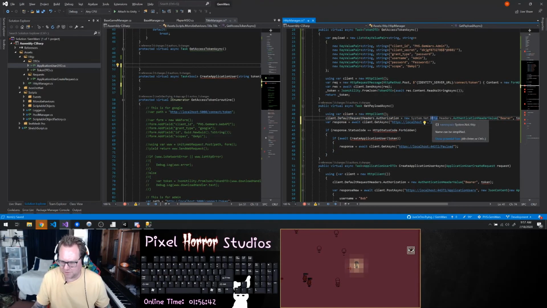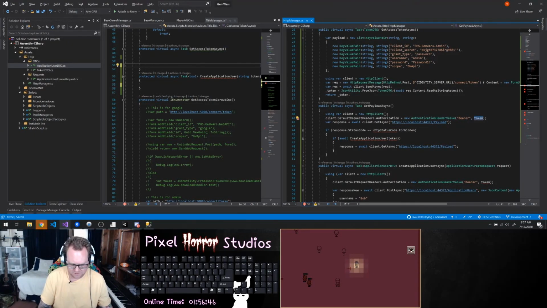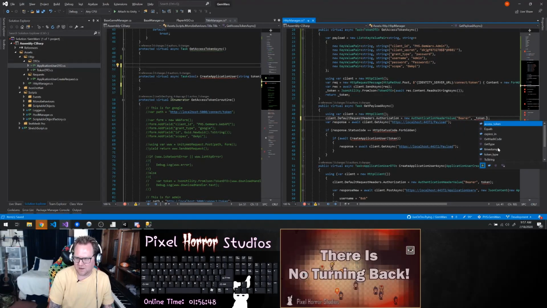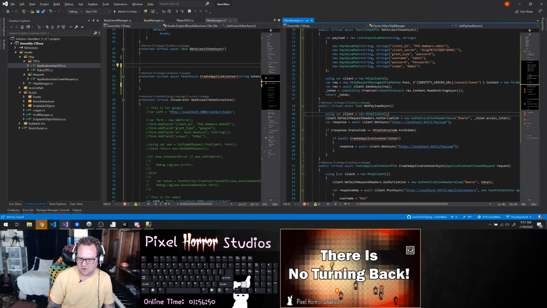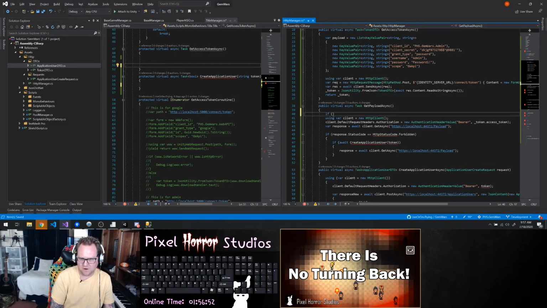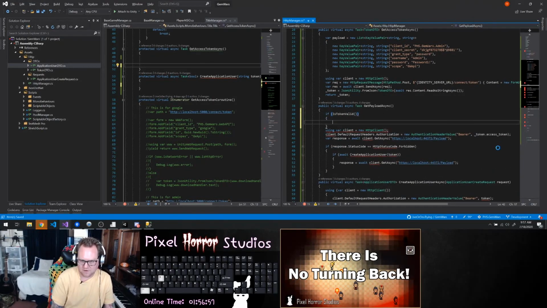You're going to set the authorization header here to be your token.access token. Well, if your IsTokenValid,